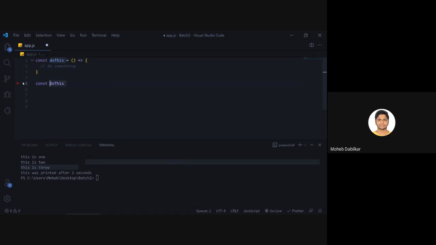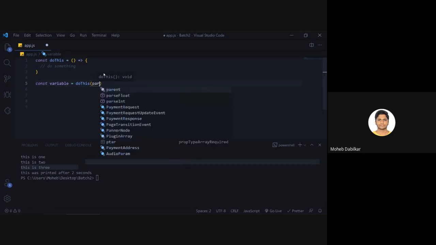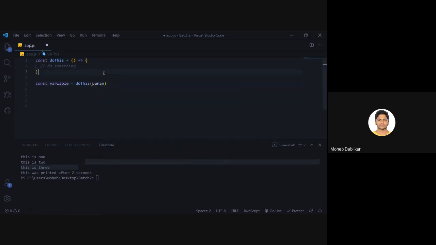So let's just say any variable equals doThis, and then we pass in the function parameters. So it will take in a param.